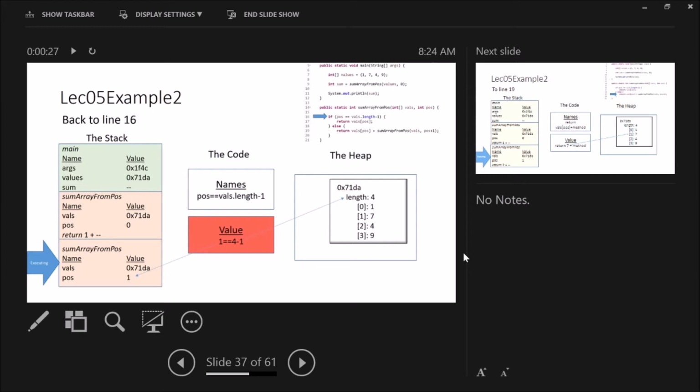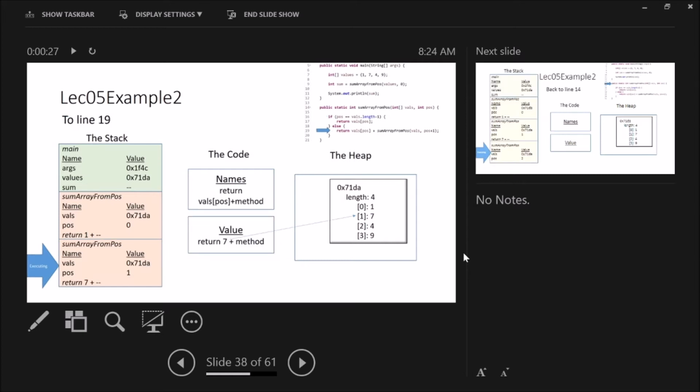We see, hey, are we at the end of the array yet? It sees, okay, we're not. So we go back down to the else statement again. So again, we're accessing val's of position. Position was incremented by 1 from the last method call. And so inside this frame in the stack, position is equal to 1. So we are accessing the first index of the array, which is 7, and we're returning 7 plus the method,